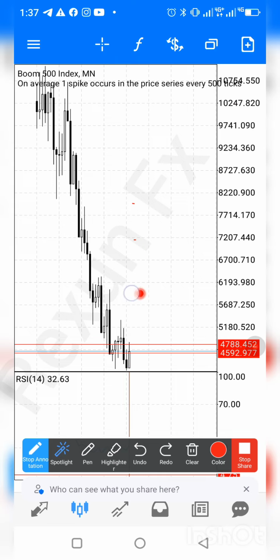So from here it can only get better, and we all know that all these are instruments for volatility indices, which means that they are still going to go all the way back up. So the first thing I like to do is to check the overriding trend for Boom 500. Now after ascertaining the overriding trend for Boom 500, so knowing that there is more room for spikes upwards,